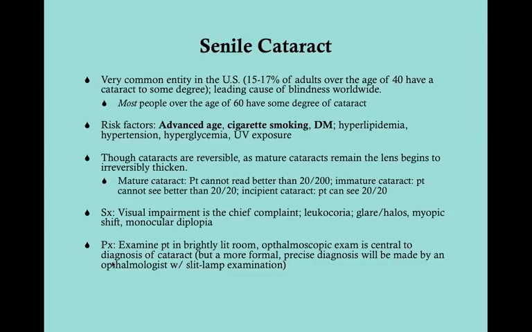For physical examination, pretty much you're going to be looking in the eyes, looking to see if there's any kind of cataract. Cataracts are pretty obvious. But you want to examine the patient in a brightly lit room. Make sure you do your full visual examination, have the patient read the Snellen chart, compare it with previous exams if you have them. Then use your ophthalmoscope, look into their eyes. Usually cataracts are pretty conspicuous. I do want to emphasize, though,